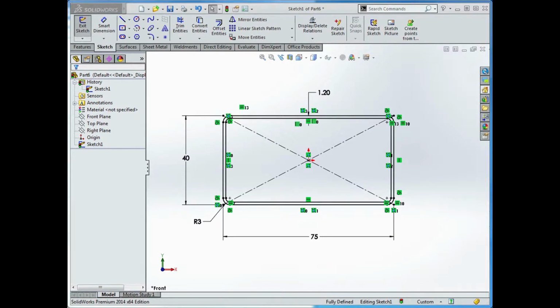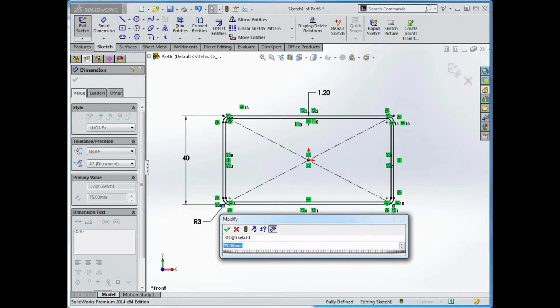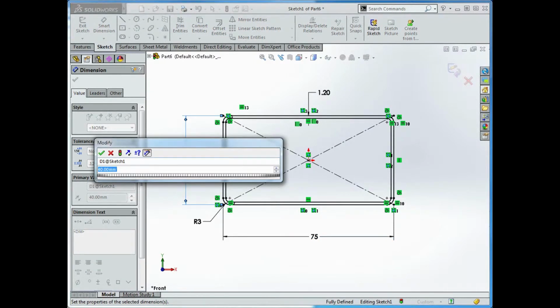So in 2014 you can now have configurable sketches as your weldment profile. Here I've got a sketch of an RHS. One of the first things I'm going to do is tidy up these descriptive names. I'll say that that's the width, I'll say that that's the height,